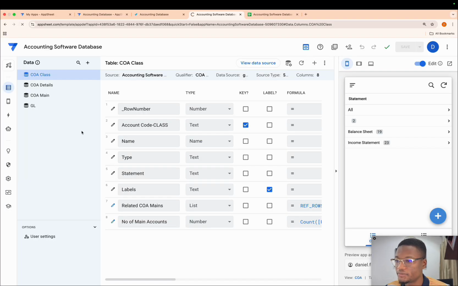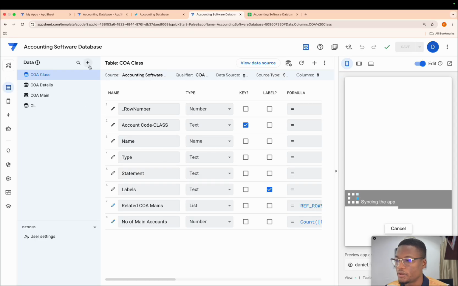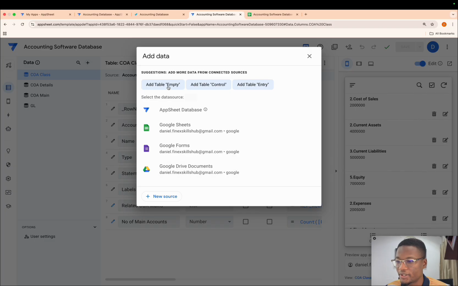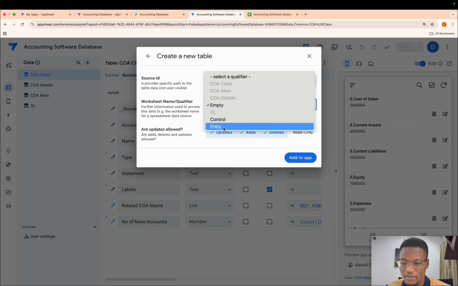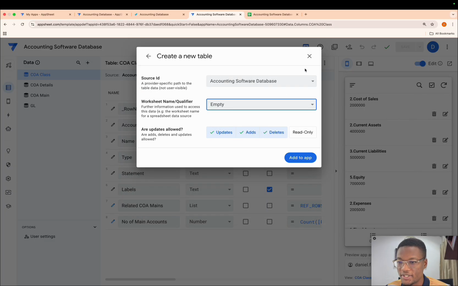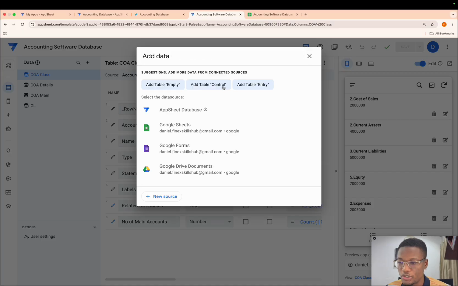Let me refresh here. Click on this plus, click on empty, and then you have your tables. You can select them. So sometimes these two might not load early enough, right? So you can use this as a means to pull in the tables.